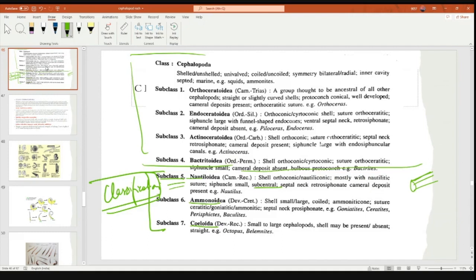subcentral. Sorry, they are subcentral, not that much central. And the septal neck is retrosiphonate. Again, retrosiphonate, and cameral deposit is present. This is the main difference in the subclassification of nautiloids. And ammonoid is just opposite to it. They are coiled, ammonitocone, which is